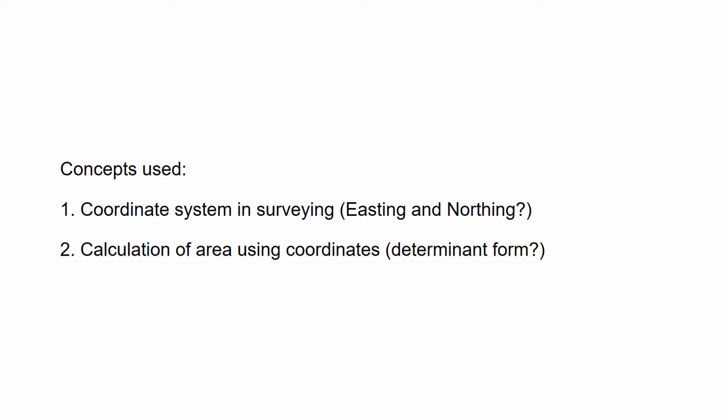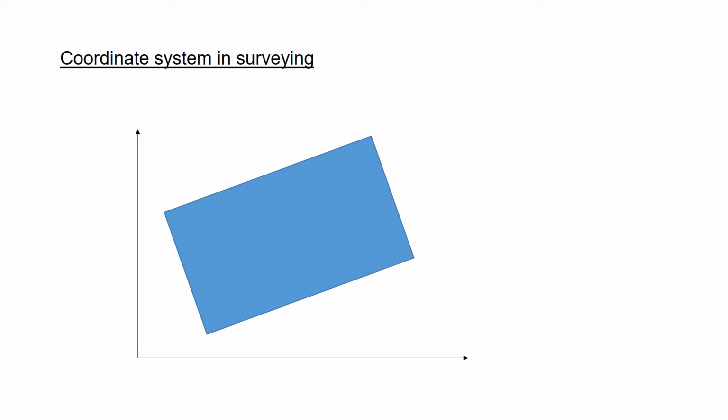The concepts used in the solution are to be discussed. The first one is the coordinate system in surveying: what is easting and what is northing? The second is calculation of area using coordinates and what is the determinant form. Let us see. The coordinate system in surveying is similar to the Cartesian system used in mathematics. In this, we introduce two terms, easting and northing. The easting is basically the departure from origin of that point, and northing is the latitude from origin of that